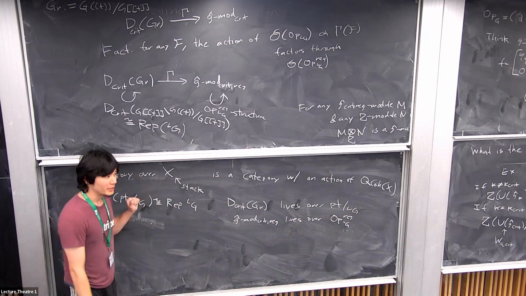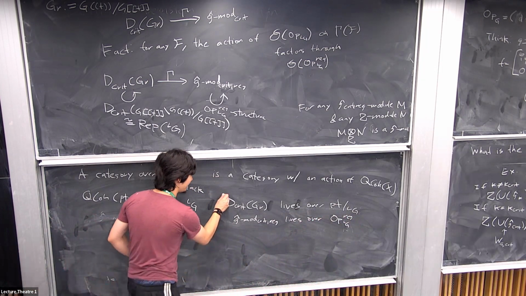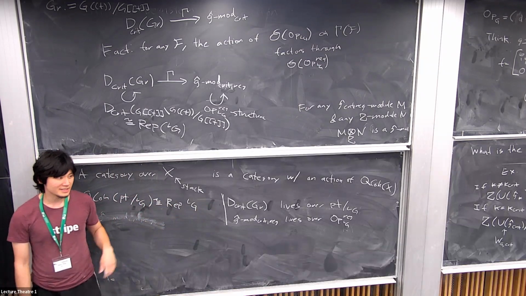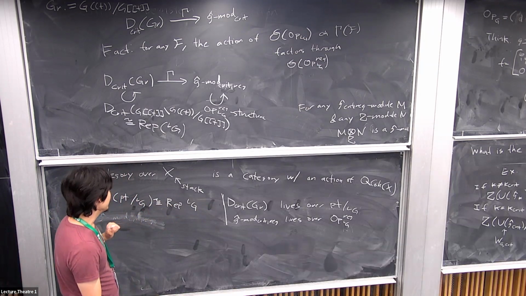And the moral of the main theorem is basically that the fact that these two categories live over different geometric spaces is the only obstacle to Beilinson-Bernstein. Namely,